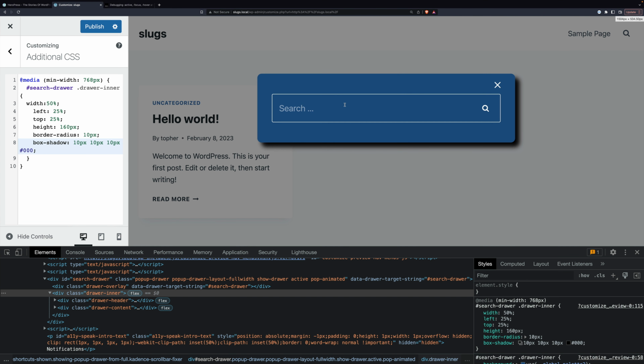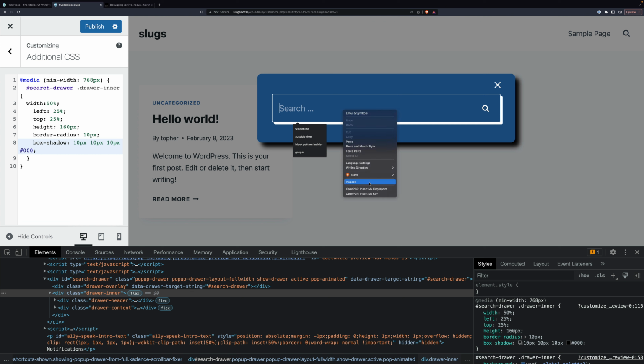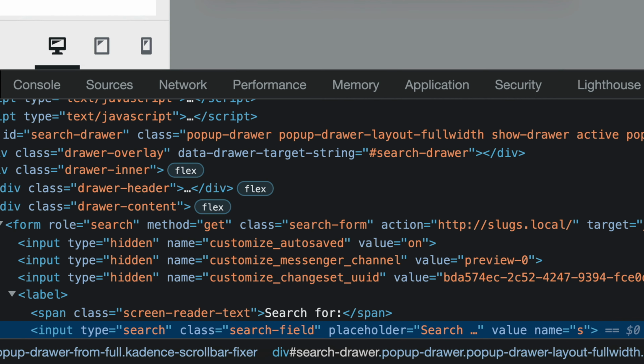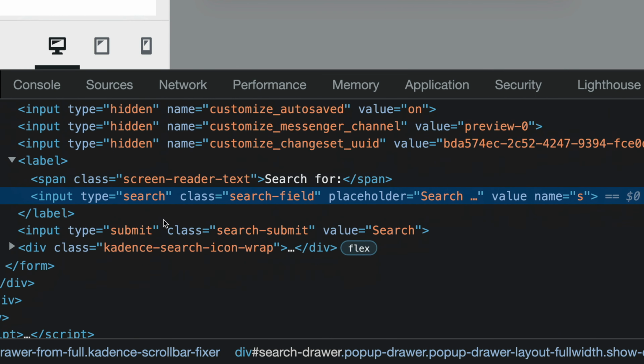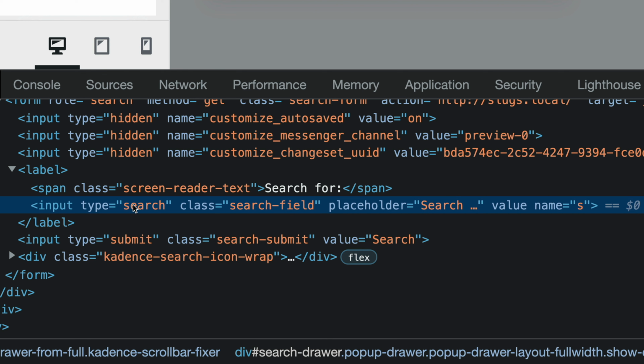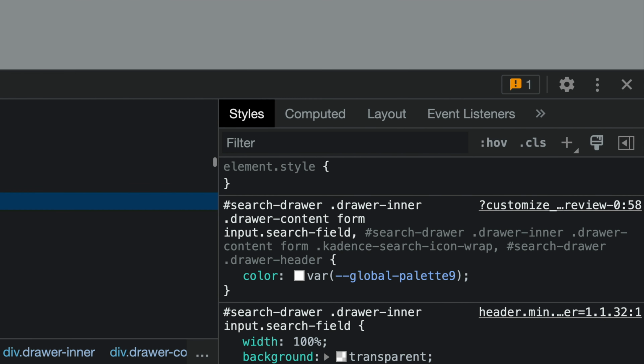One last thing that I didn't like was this white that appears on focus. So here's how we're going to find that. So I'm going to right click here and inspect. And so down in my inspector here, we're looking at this search field. And then I need to see the focus state.